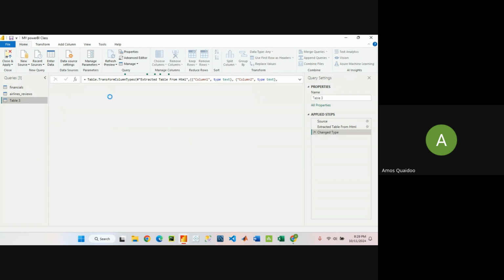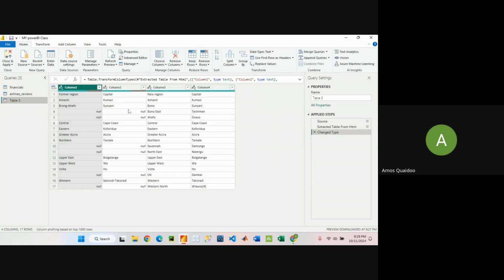I think the last time I spoke about this, I said that Power Query editor is specifically for data transformation and cleaning, right? Good. So what you have to do now is go to transform,